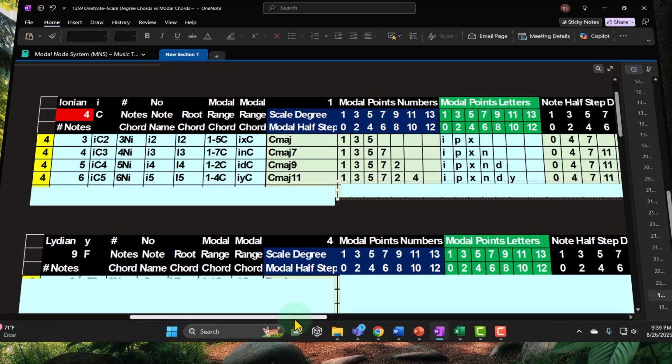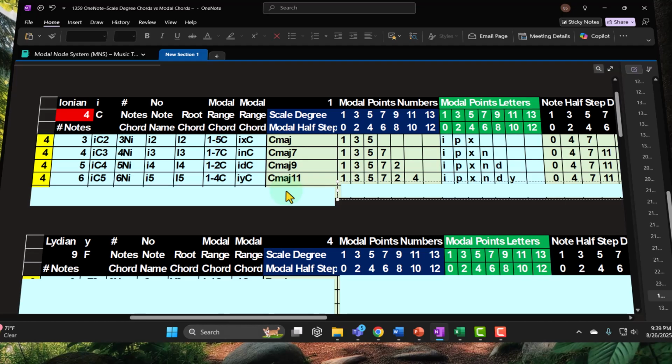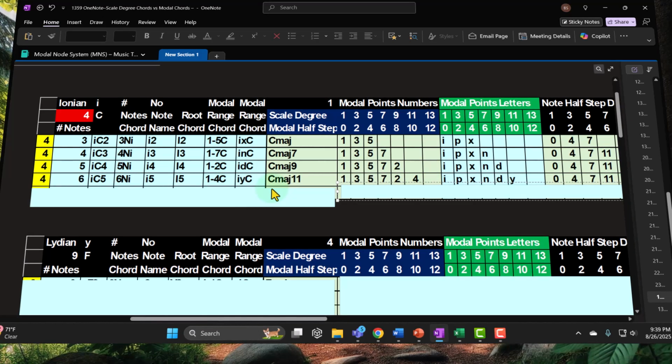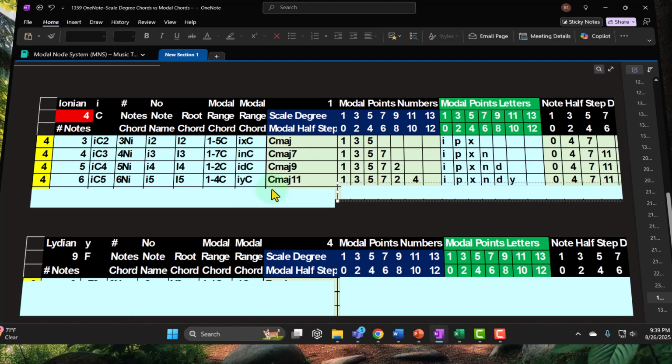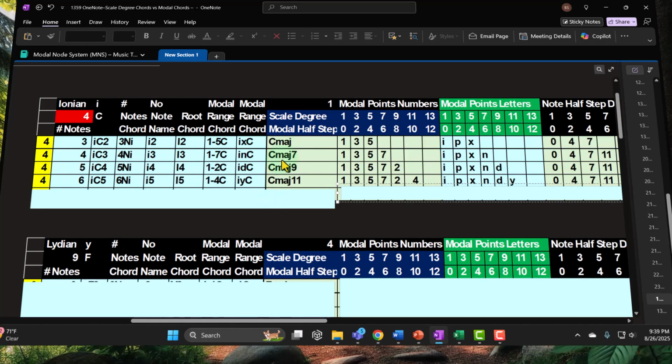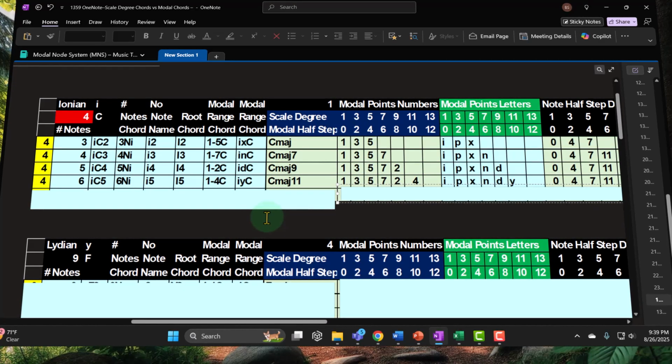So now we're going to say a C major 11 is typically going to be the name. Now the 11 is equivalent to the 4 that we skipped. So it's giving you the starting point in notes and then saying go from a scale degree distance standpoint 11 up. That's the last note you're going to add, and then add everything in between, just like we did with the major. You just keep on stacking the thirds,